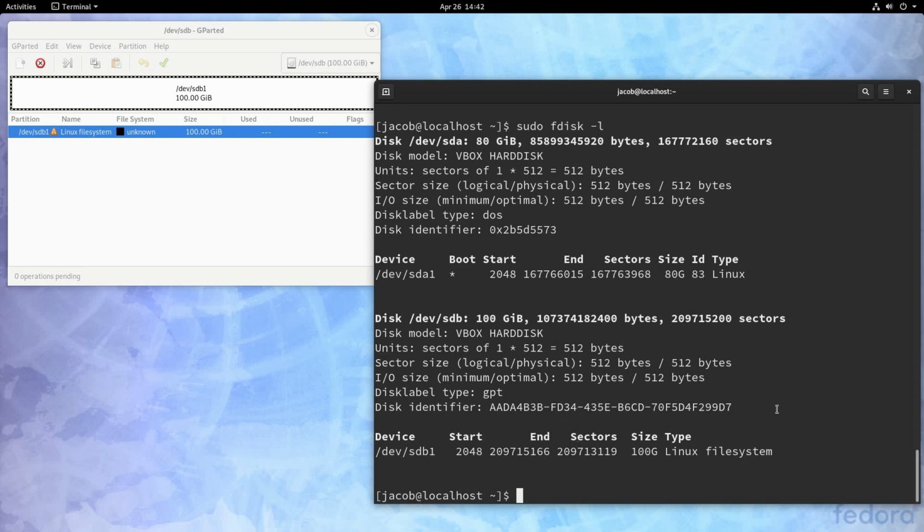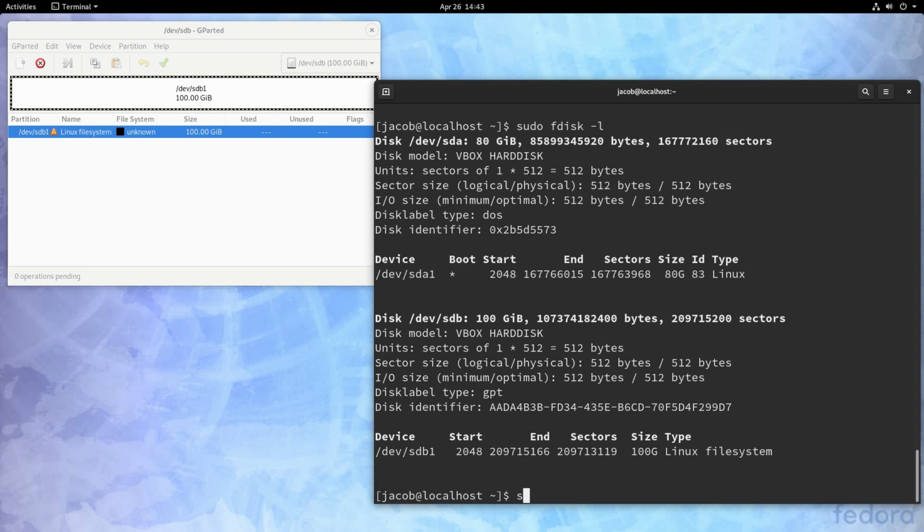So now that we've created the partition and made a file system, we can mount this partition. Now on Linux, partitions are always mounted to a mount point, and every mount point on the system is contained somewhere on the root partition, which is why it's called the root. Basically, if you're not familiar with mount points, we're going to make a folder, and then we're going to say, when I enter into this folder, I want to be using this partition. That's kind of what a mount point is.